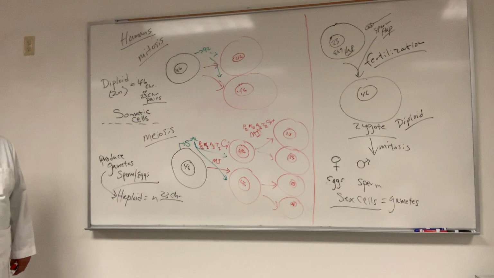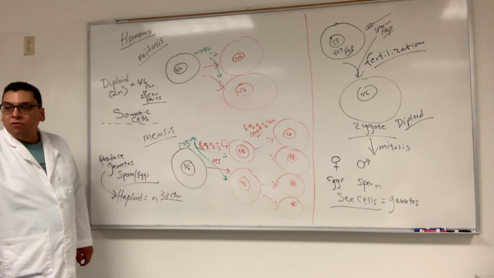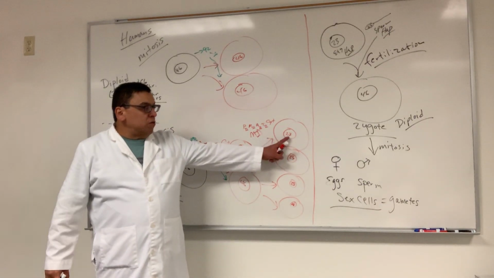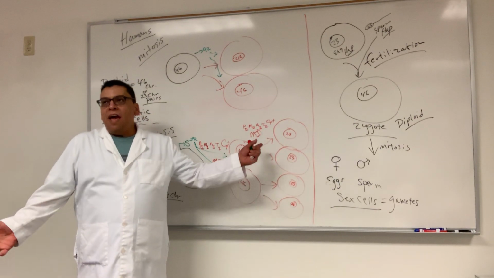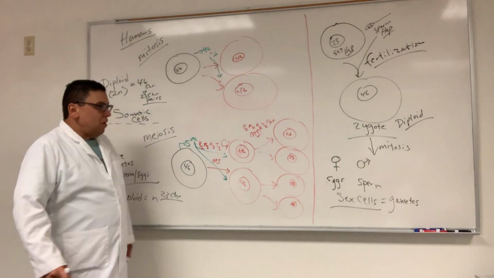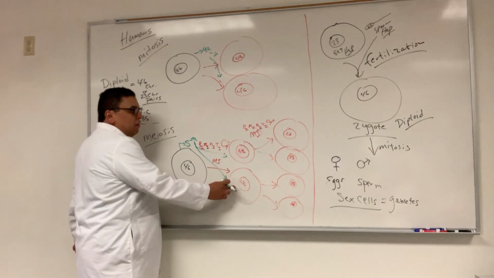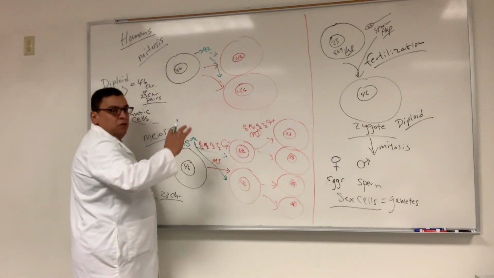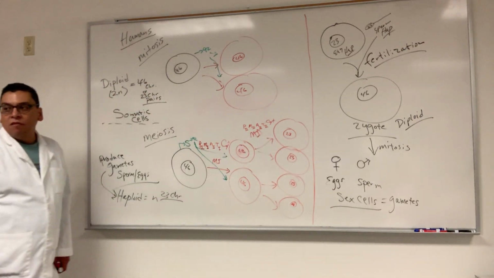But catch this one. There's no S phase in meiosis 2. If there was an S phase in meiosis 2, how many chromosomes would you have here? 46. Yeah, then you would defeat the purpose. The purpose is to halve the number of chromosomes. So look, 46 doubles to 92, so each of these can be 46. But then there's no S phase here. It's just nuclear division again. So then you end up with 23 and 23. That's how. Follow the numbers.